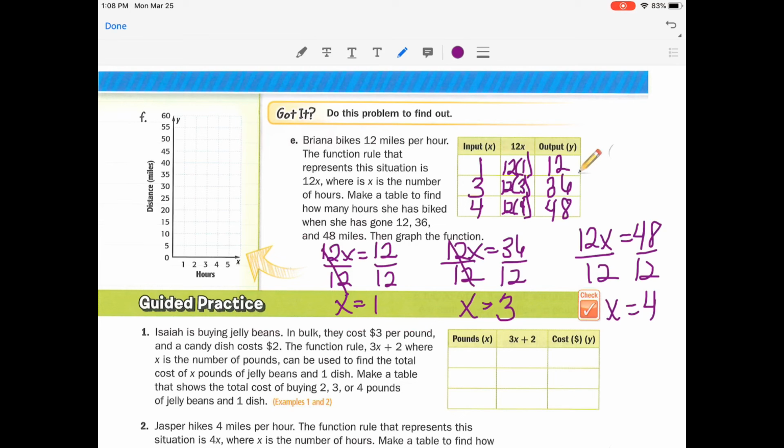Now we get to graph this function. So this is what's awesome. It says that our x is going to be the hours, because remember our x-axis goes from left to right, or horizontal, and our y goes up and down, or vertical. So that's our y. Remember, we have to run before we can jump. So we run over to 1 and jump up to 12, which is right about there. Then I'm going to put 1, 12, because it is my x and my y, notice, x, y. Then I'm going to go over 3 and up to 36, and I'm going to put 3,